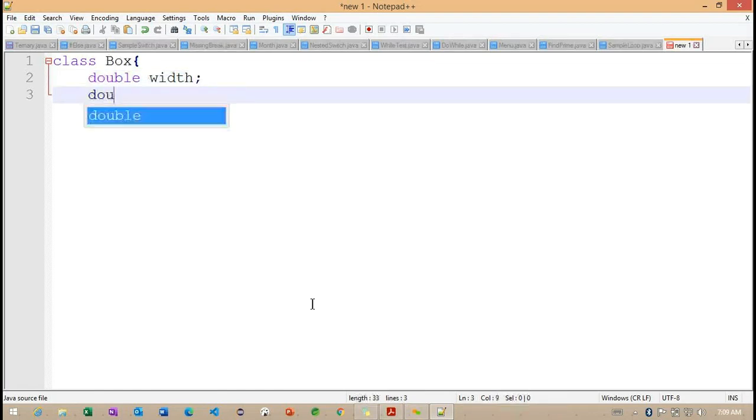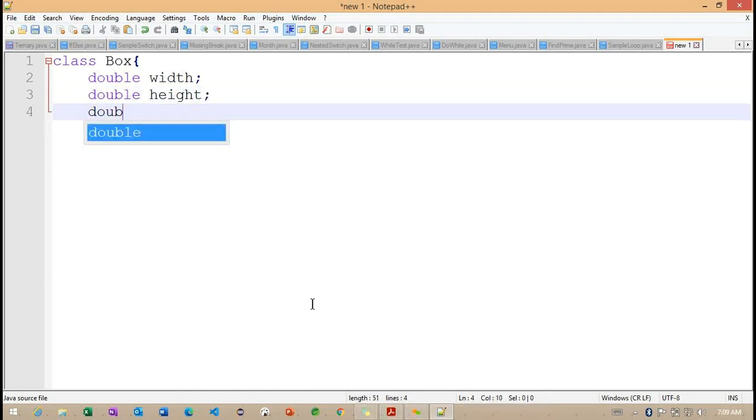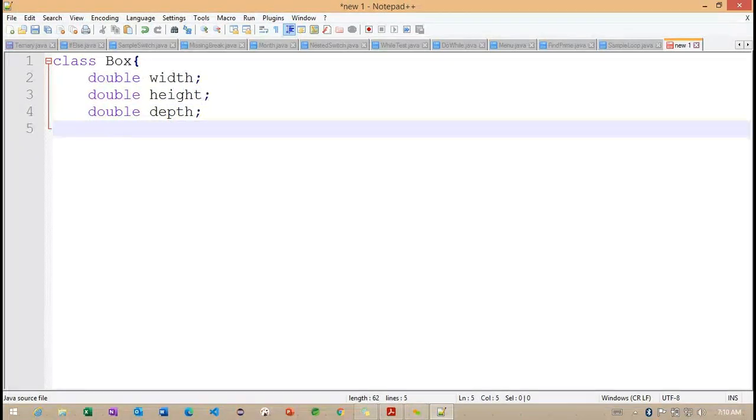In the same way, one more variable I'm defining here, called height. Then double depth. These three are the variables I'm creating. Getting the point? So we created one class here.